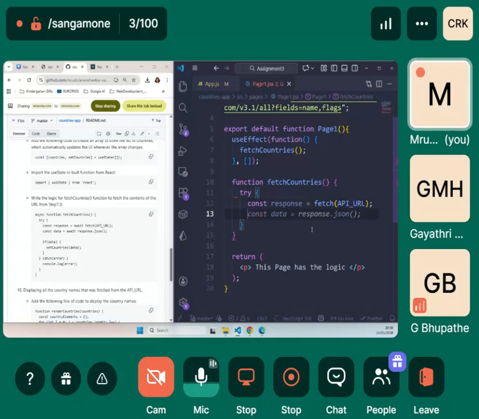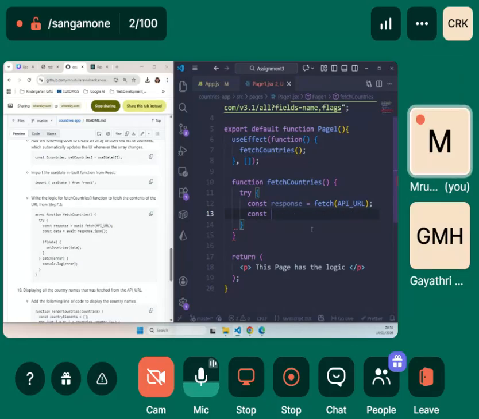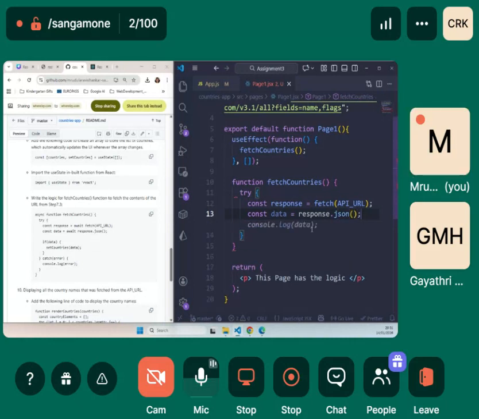Now we will convert the response into JSON. So for that we need const data, since we are receiving data. We will say const data is equal to response.json. Now we will see if there is data.